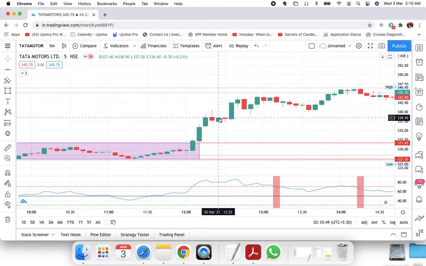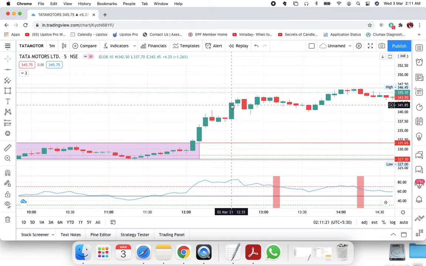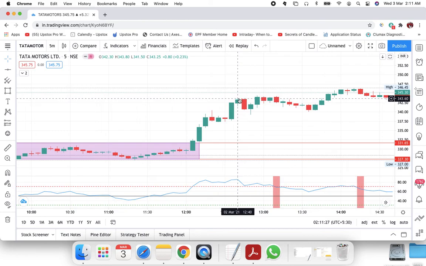Then again a green candle, closed at the same level. Then again a red candle, and this candle also didn't break the previous candle low, nor even this candle's low, so we need not exit. Then one more candle, a green candle, opened and closed here, then another candle opened here and closed here, then one red candle,